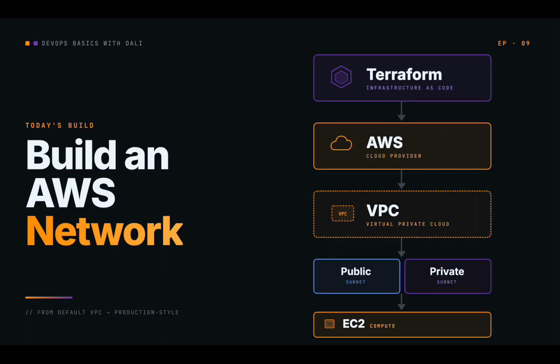Until now, we've been working inside AWS's default network. Today, that changes. We're going to build our own production-style network from scratch using Terraform. This is exactly where every real AWS infrastructure begins. Before you launch applications, before you deploy databases, before Kubernetes, you need a solid networking foundation. By the end of this episode, you'll understand how all these networking components fit together, and we'll build them step